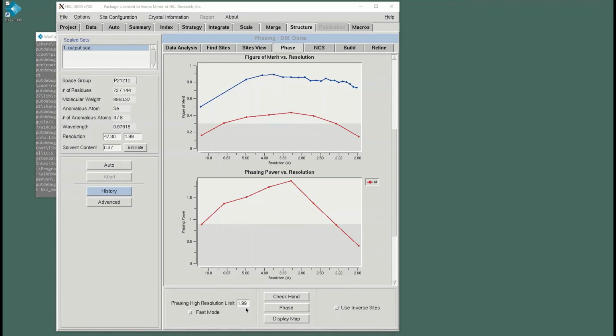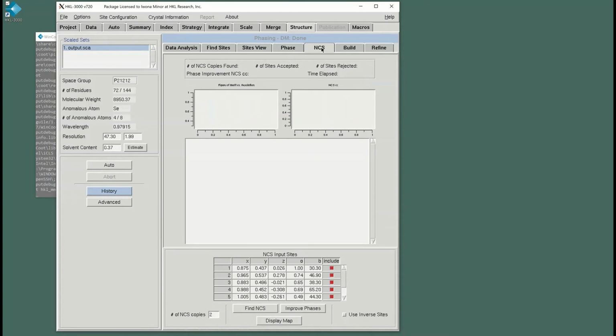If you have more than one copy of the molecule in the asymmetric unit, you may use non-crystallographic symmetry for phase improvement. However, this particular set of data does not have non-crystallographic symmetry, and this function is not covered in this tutorial. Once phasing is done and you have produced a reasonable electron density map, click the Build tab